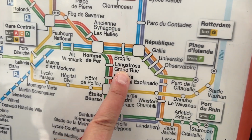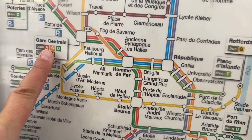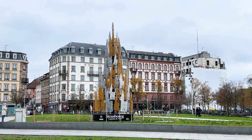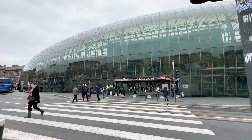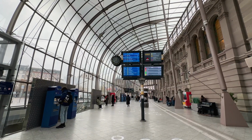So we're at this stop, and then we're going to Gare Centrale, and you can take either the A or the D line. If you're going to Strasbourg during Christmas time, I would plan on spending 3 or 4 days there. If not, I think a good 1 or 2 days there to see all of the major sites is good. I found the transportation very easy to navigate, and make sure to join me in the next one where